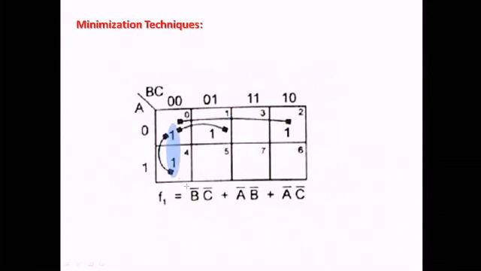This is one pairing, as these two are adjacent to each other. Again here we have done another pairing with these two, and here this one and this one. If we keep a mirror in this case, then this one and this one will also be adjacent to each other. So we can also do it like this. That is, this and this combine together. So that is given like this.